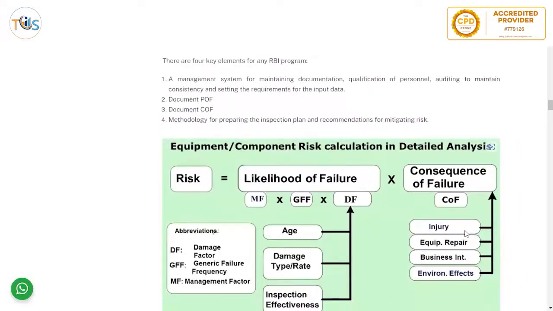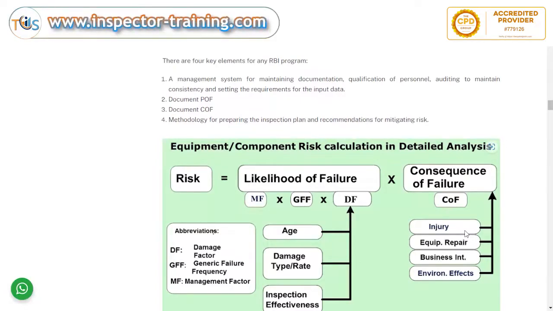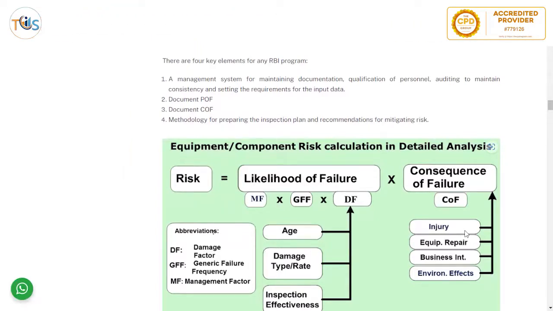There are 4 key elements for any RBI program: a management system for maintaining documentation, qualification of personnel, auditing to maintain consistency, and setting the requirement for input data. So that's sort of the infrastructure or the resources needed. So you need documentation and maintaining it, qualification of personnel, and auditing to ensure that whatever procedure you have established, or the inspection plan that you have designed, is actually followed. And then document probability of failure, document consequence of failure, and the methodology for preparing the inspection plan and recommendations